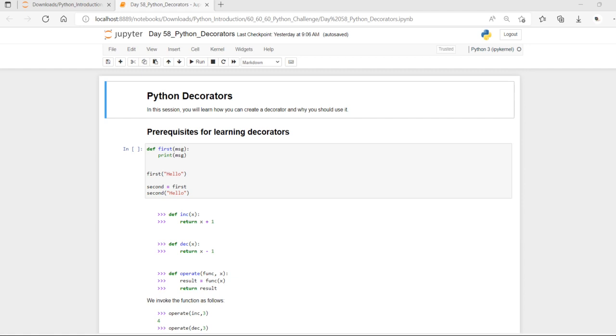Before going to decorators in Python, see, actually Python has an interesting feature called decorators to add functionality to existing code. A decorator is a design pattern in Python that allows the user to add new functionality to an existing object without modifying its structure. Decorators are usually called before the definition of a function you want to decorate. This is also called metaprogramming because a part of the program tries to modify another part of the program